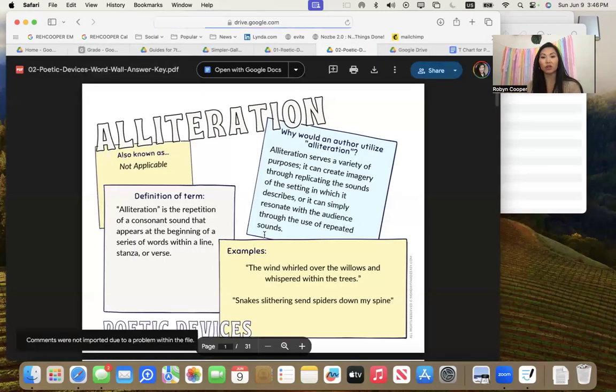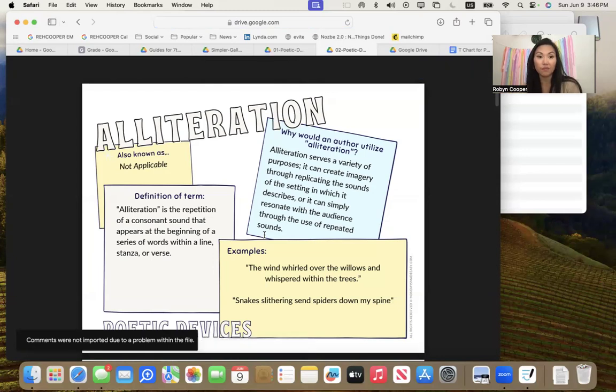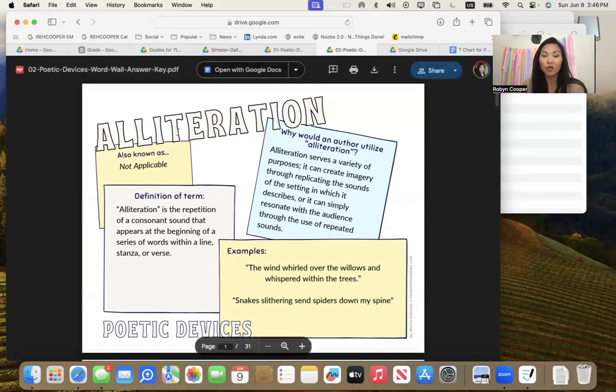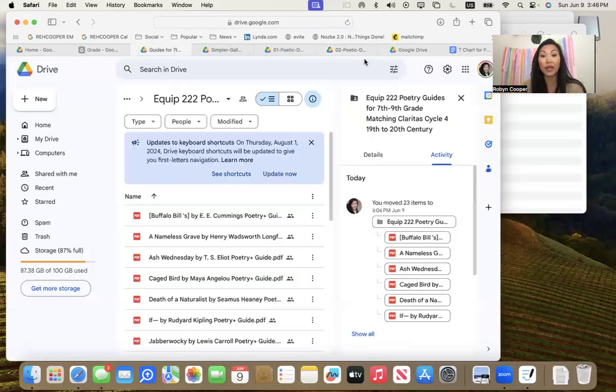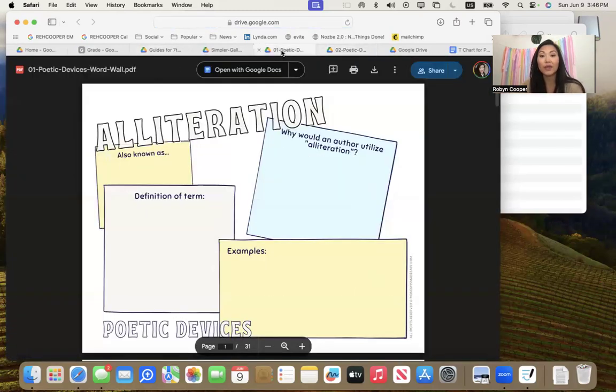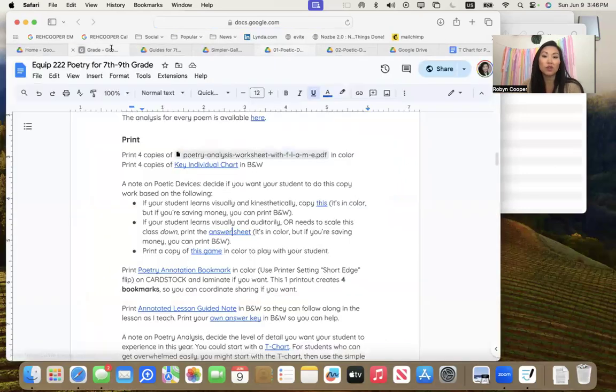If your children are distracted by writing and it's going to slow them down, then use the word wall with the answer keys on it. If your students have trouble paying attention and staying with me, then you might have them fill in the document as I'm teaching. So that's up to you.